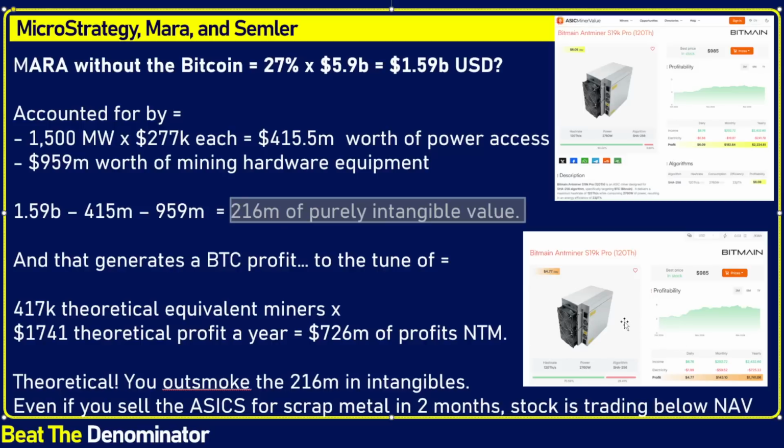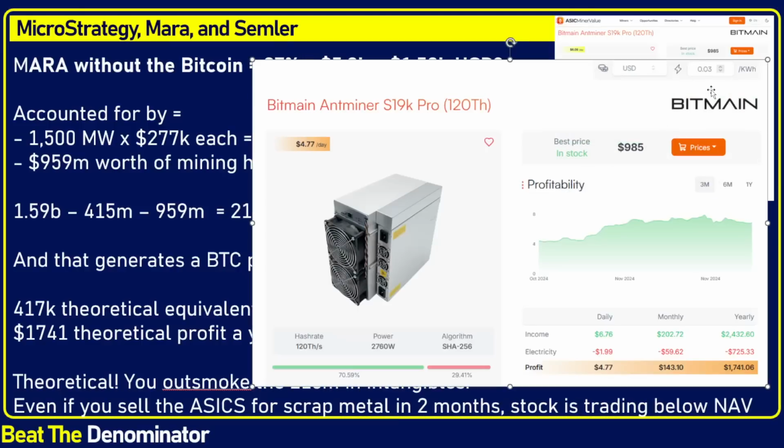So using a Bitcoin mining calculator and assuming that they have a price of electricity of 3 cents. And if you follow Mara, you know they brag about having gas flares and using the gas flares to pay 1 cent per kilowatt hour. You know they brag about that if you listen to Mara. But I'm assuming for the whole fleet that they pay 3 cents a kilowatt hour.